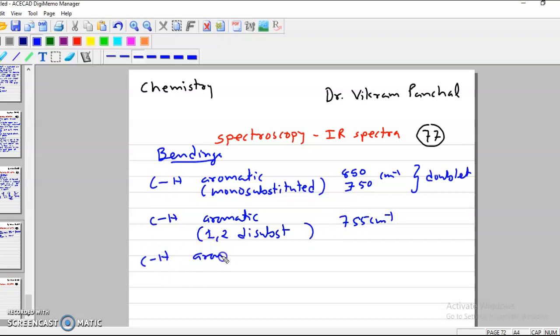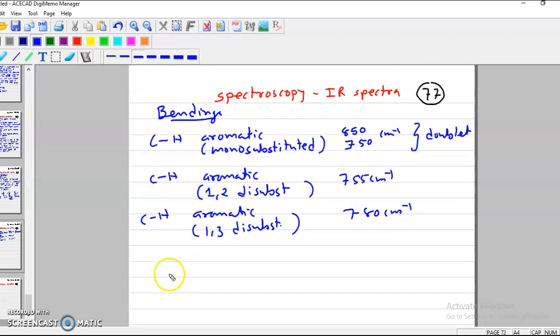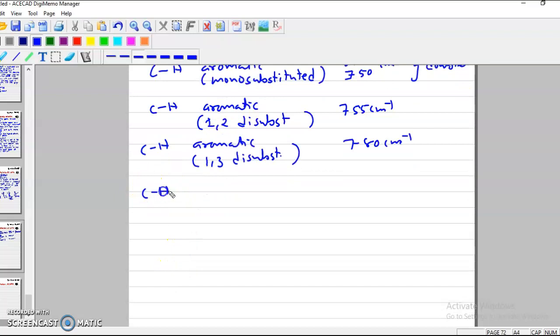CH aromatic appears for 1,3 di substituted at 780 centimeter inverse, and CH aromatic, which is 1,4 di substituted, at 810 centimeter inverse. If carbon is sp2 hybridized because of a double bond with another group like oxygen, this